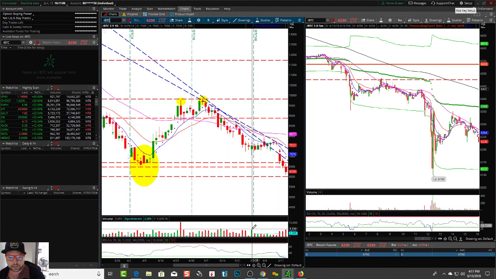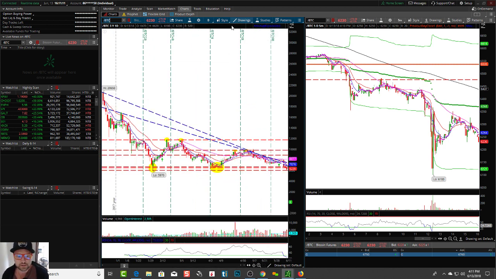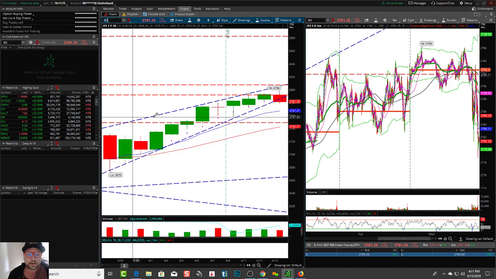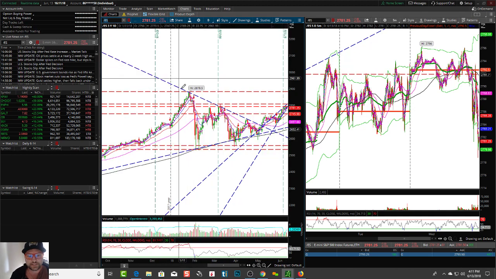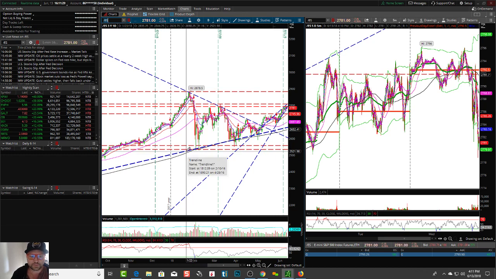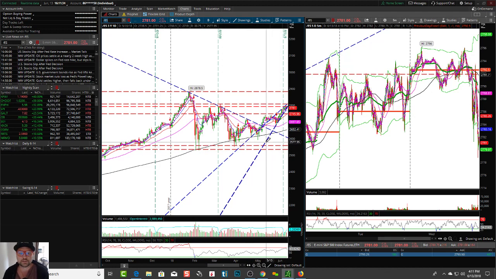But at this point, if you want to break this pattern, price needs to break out of this descending triangle, right? Just to show you guys over here in the futures, futures was in kind of a descending triangle right over here. See the lower highs being formed down over here, and you can see kind of the base that was formed here. I'm going to remove this line so it's not so confusing. So if you look at these two red lines going across like this, price was basically in a descending triangle, right? You can see a base down here,